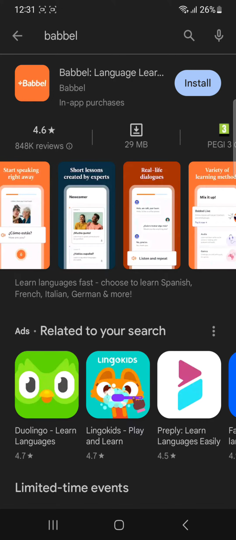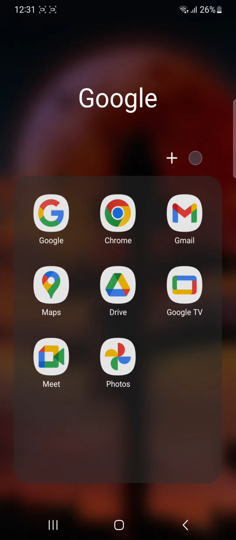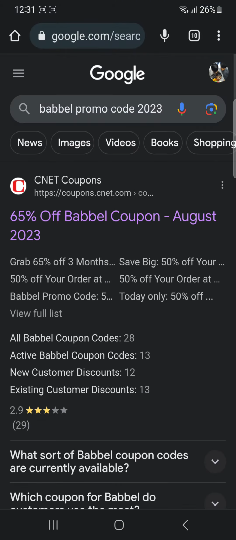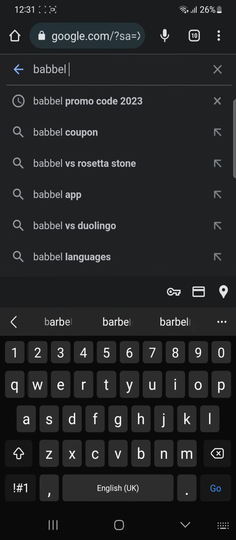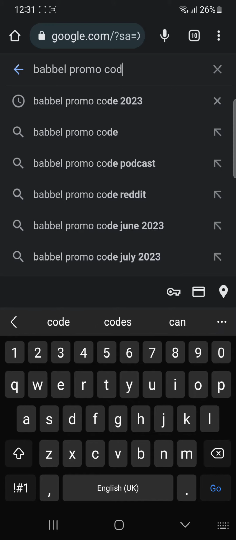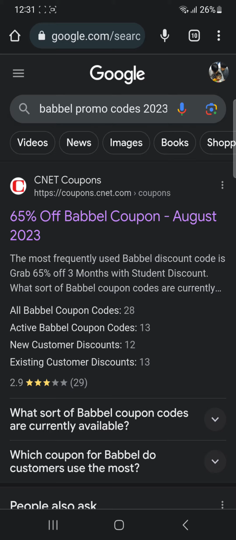Now to get the discount code, you're going to head over to google.com. So I'm going to go over to google.com right there, and then I'm going to search up Babbel promo code 2023. You can search the Babbel discount codes as well, 2023. Either way would work. Then you can click go. Once that is done, you'll have to hit on the first website, seeing that coupons. So I'm going to click on it,